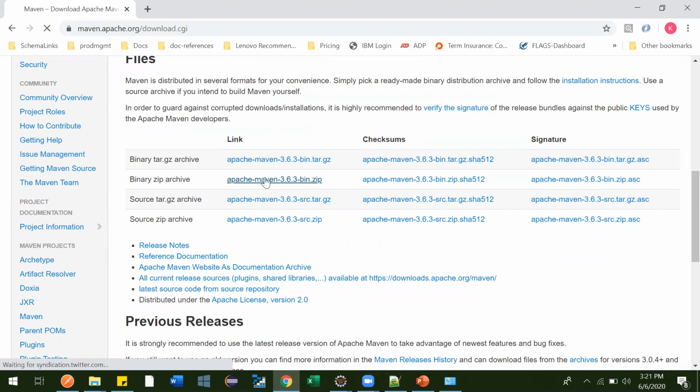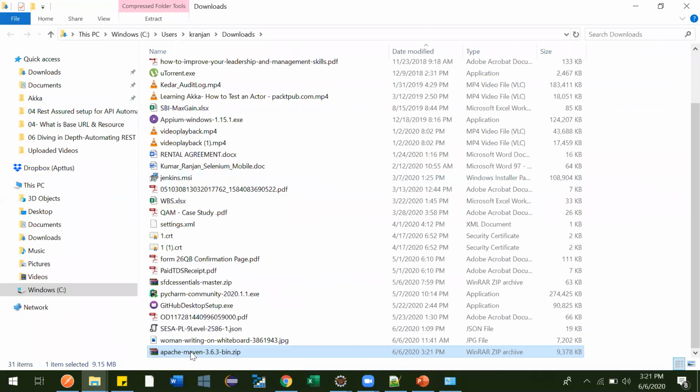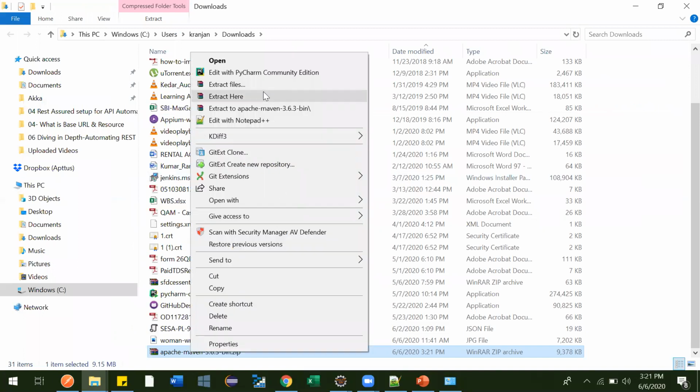Download this. When you click this, it started downloading. The size is very small, so I wanted to show you. Just right click and extract here.